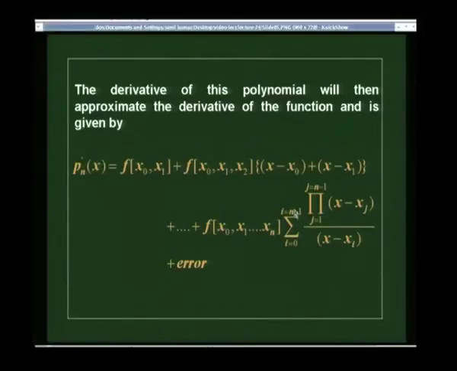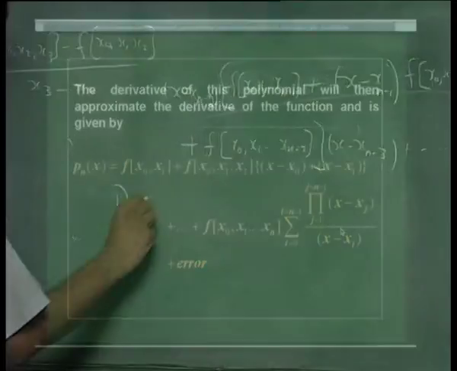Similarly, the nth order term of the polynomial will become an n minus 1th order term because we are finding the derivative, but then there will be n minus 1 terms in that. So, that is what we want to evaluate. Remember that if you have a term in the polynomial, let us say,